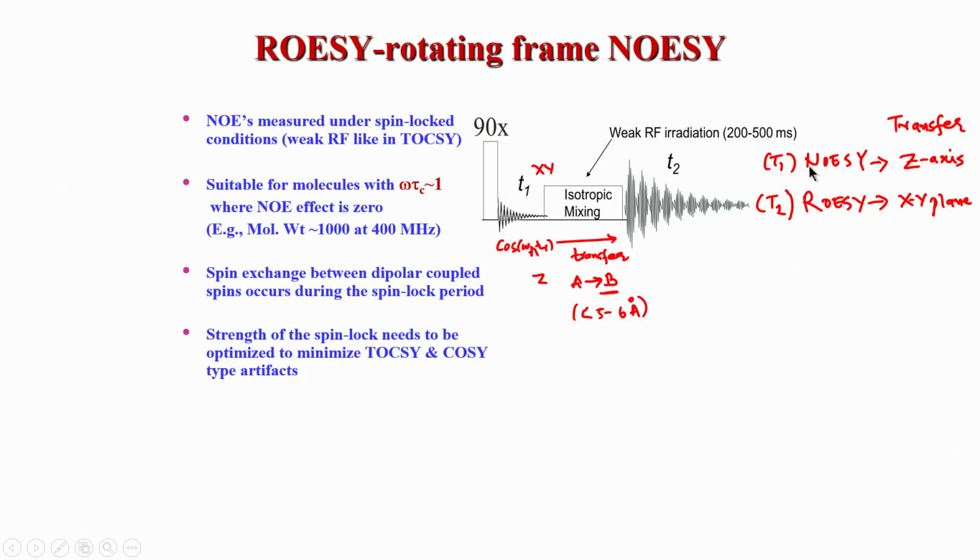So, when you are in the xy plane T2 relaxation matters, whereas on the z axis T1 matters. In a NOESY experiment we saw that our T1 should be long, and the mixing time cannot be chosen arbitrarily, it depends on the T1 of the sample and considerations such as spin diffusion. The same thing happens in ROESY. In a ROESY also you have a mixing time, which I wrote as 200 to 500 milliseconds. It depends on the T2 of your sample. If the T2 is short, then the ROESY experiment will not be very sensitive.